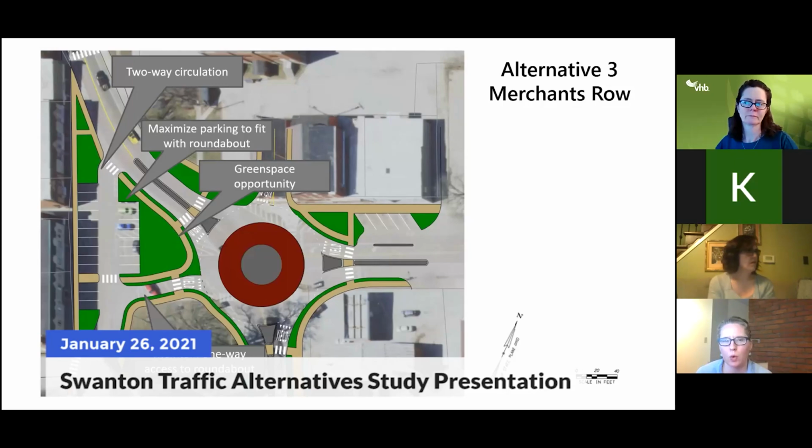I think what we're proposing, at least at the moment, is alternative 3, with the roundabout option, to really get that channelization for the vehicles and get folks to slow down. We're talking about potentially moving the bikes to Church Street, and we'll show a cross section of that a little later on. But if that was the option that folks really were supporting, we would have to think through how we would want bikes to circulate through